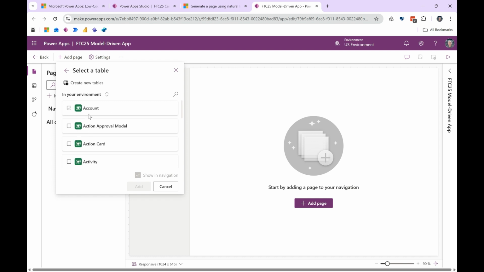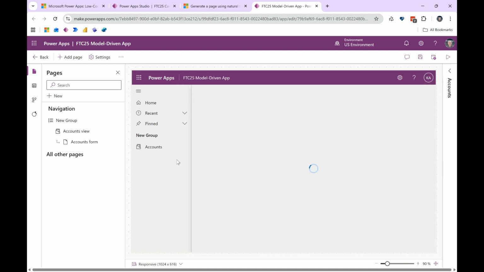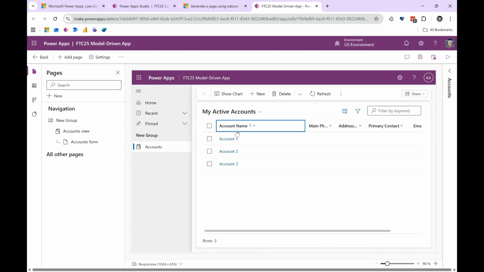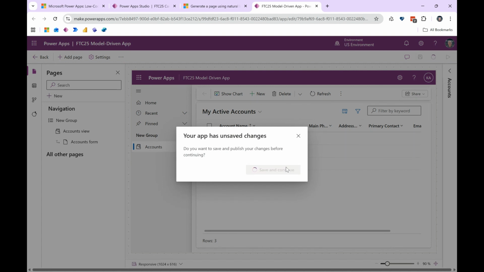And then we're able to select tables that we want to point to. So in this case, I'll go to the account table. It's one of the out-of-the-box ones. Click on add, and what it will do is add it here. And as I mentioned before, with model-driven apps, we're going to start with the data model first, and then the user interface, at least to start with, is auto-generated based on that data model. Now, at the moment, I've only selected one table, the accounts table, but you can see very usefully, if I go ahead and preview this app, let's save and continue,